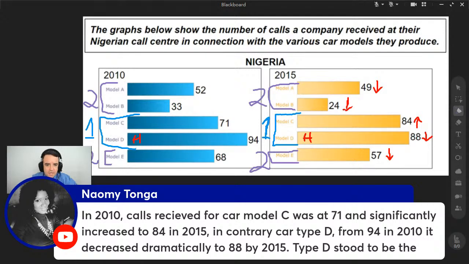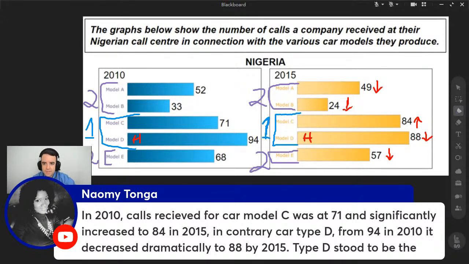So then in contrary isn't right. It's on the contrary, and you should start a new sentence, would make it easier. On the contrary, car Model D. So the name of the car is Model D. So I wouldn't change the name of the car. So on the contrary, Model D went from 94 calls in 2010, and then it decreased dramatically to 88 by